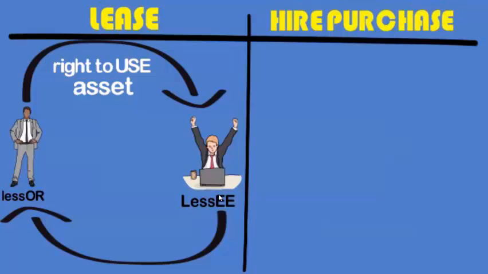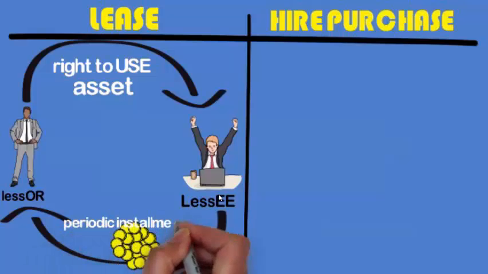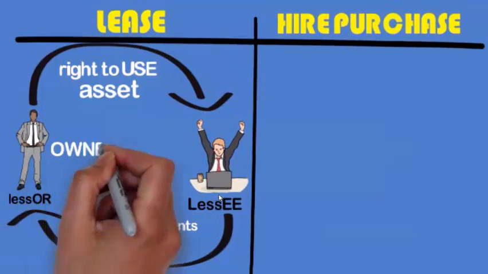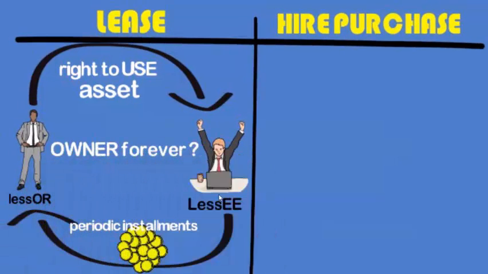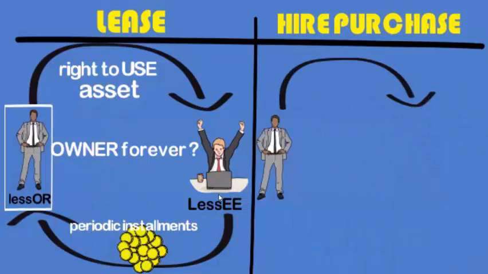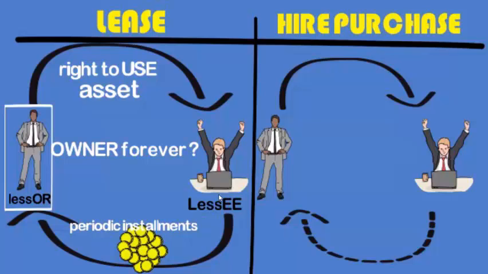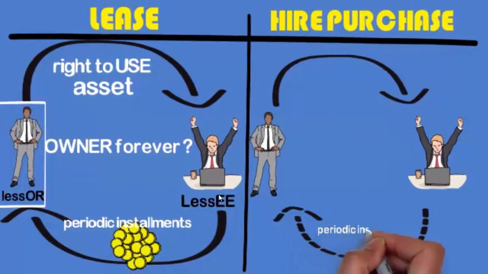Now this lessor gives the right to use this asset for the time period that has been decided, pay me the money, and then at the end of the period the asset is mine. You don't have the ownership. So who is the owner forever? That is the lessor. But when I talk about hire purchase, that is the installment purchase,